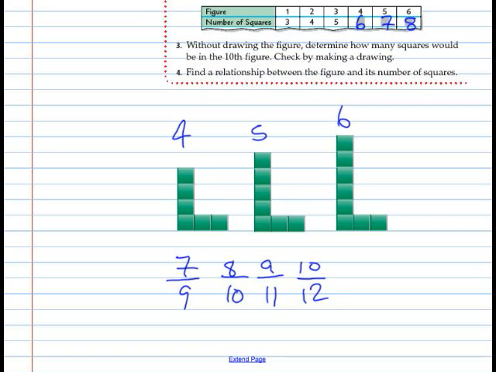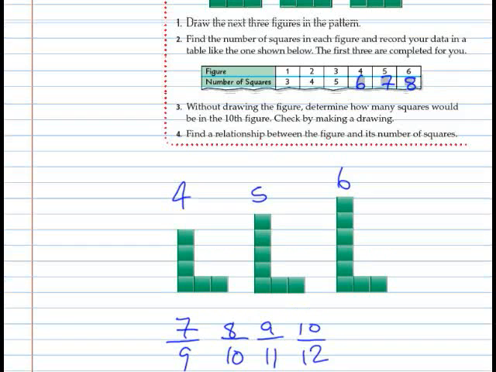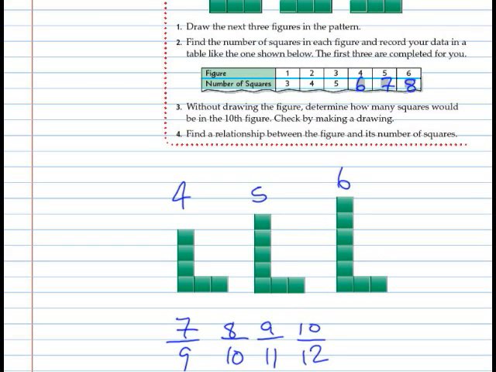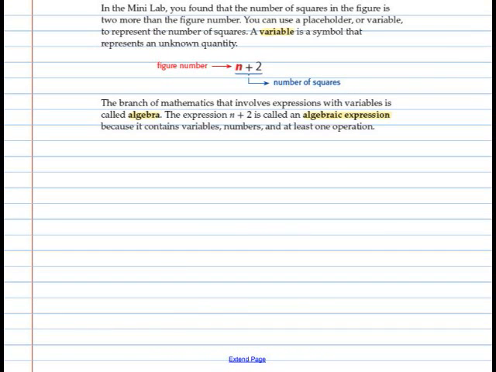It says find a relationship between the figure and the number of squares. If you look vertically like this, it's reasonably easy to see that the number of squares is 2 more than the number of the figure. It says in the mini-lab you found that the number of squares in the figure is 2 more than the figure number. You can use a placeholder or variable